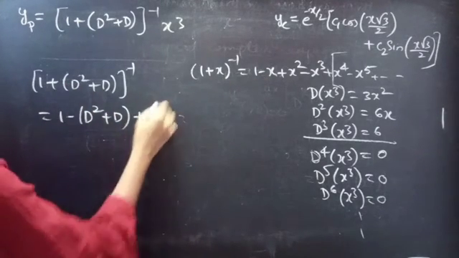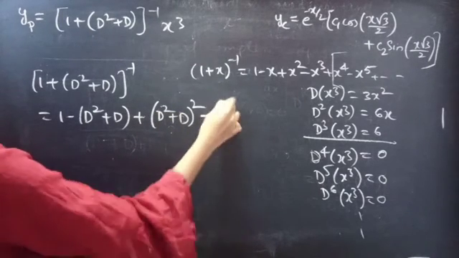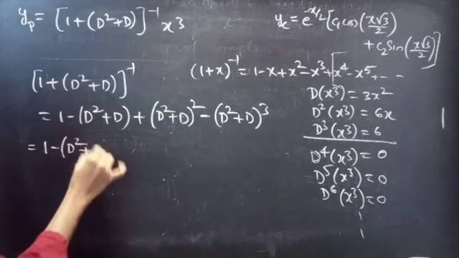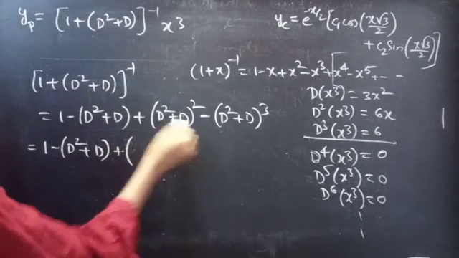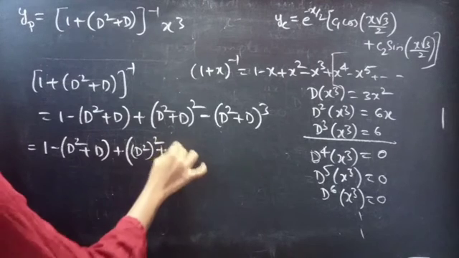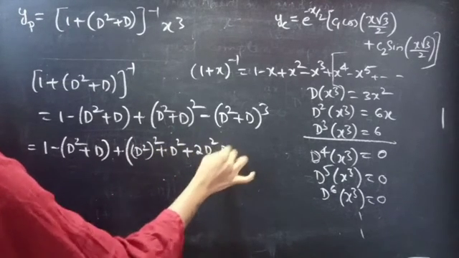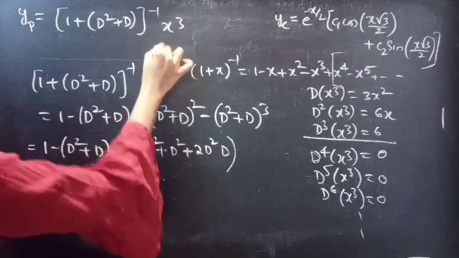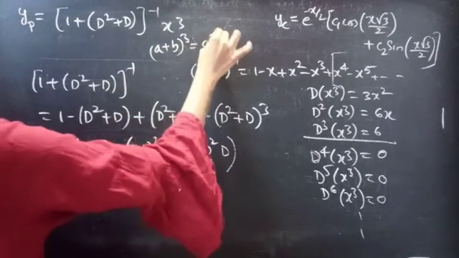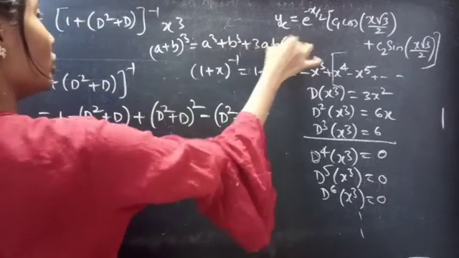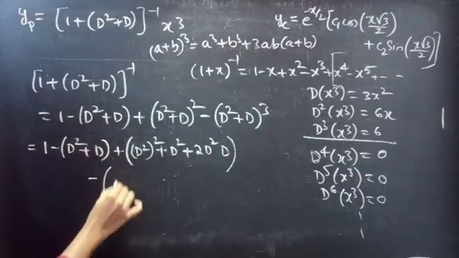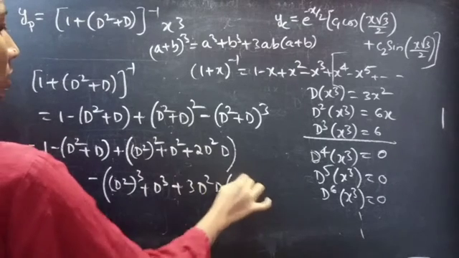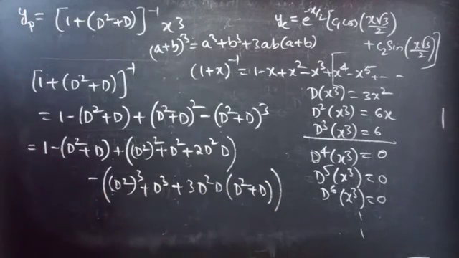1 − x + x² − x³ equals 1 − (D² + D) + ((D²)² + D² + 2·D²·D) − (here we need to use the (a + b)³ formula, a³ + b³ + 3ab(a + b)). From this we'll get (D²)³ + D³ + 3·D²·D·(D² + D), right? Which is equal to